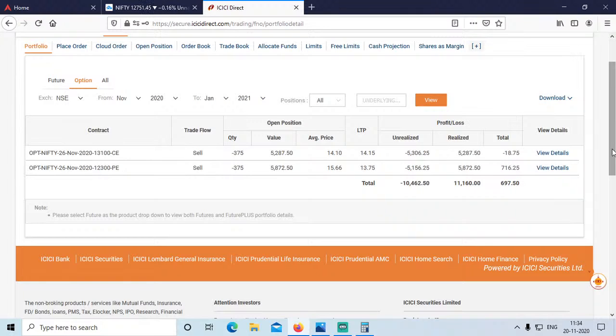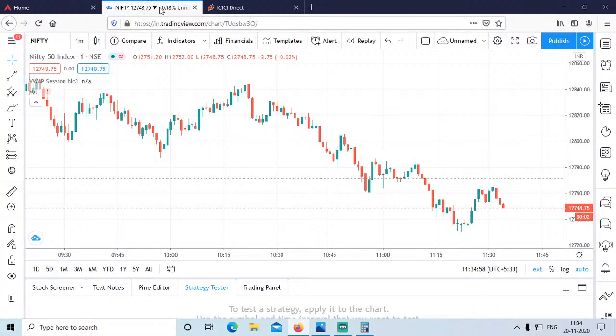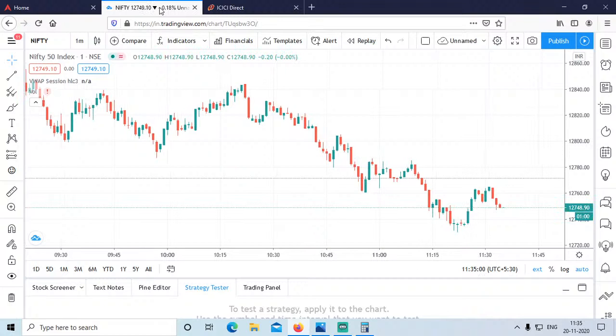While squaring it off, they may try to do it around 2 o'clock or 2:30. At that time, market may crash heavily. That is why trading on Thursday is very difficult. Most of the people are getting loss on expiry day